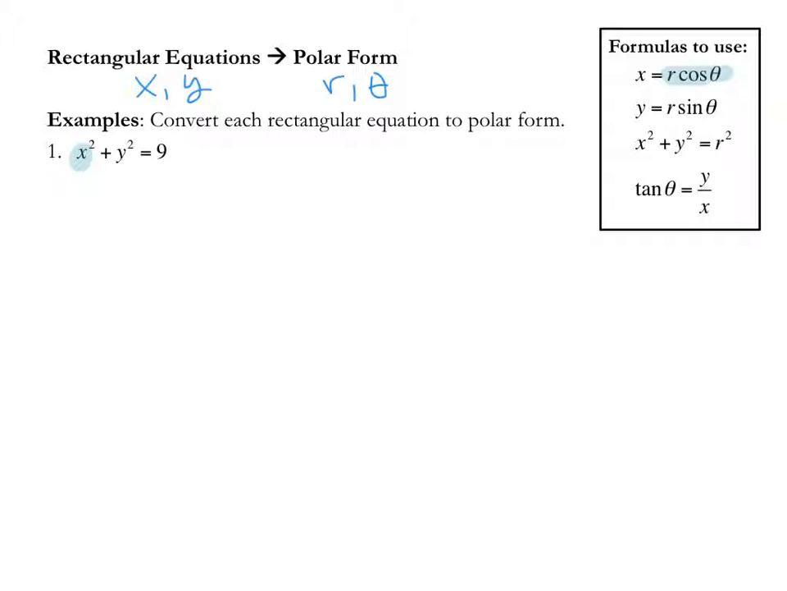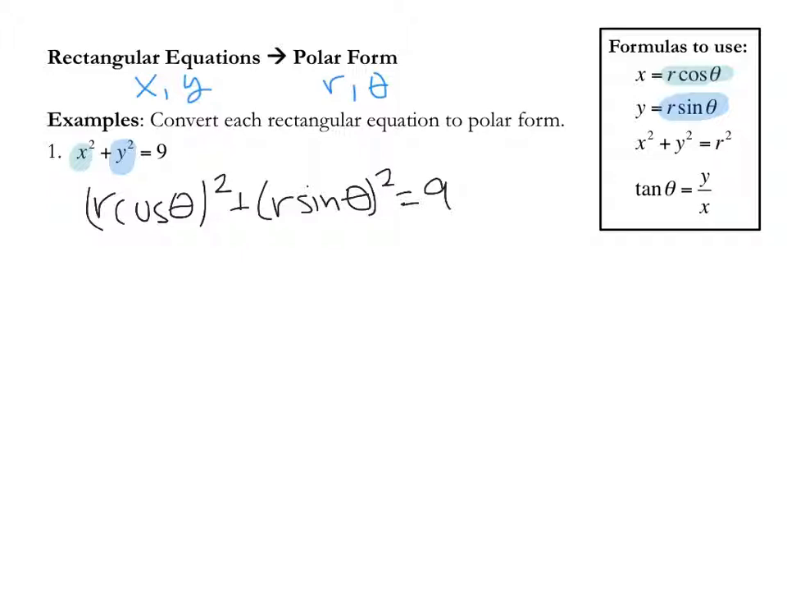So I'm going to plug in the r cosine theta, and that's going to get squared. And then for y, we know y is equal to r sine theta. I'm going to plug that in, and that whole thing has to get squared. And then the equal to 9 stays. So then here what's going to happen is the squared does need to get distributed to both of the things that are in parentheses. So it's going to turn into r squared cosine squared theta plus r squared sine squared theta